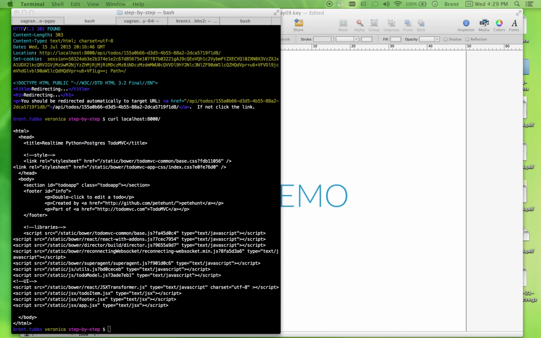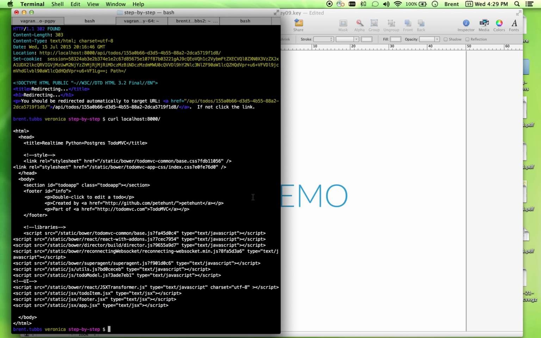Let's hit the API. Let's make a new thing. I'm going to use the HTTP tool, which is really great. I'm going to say let's post to port 8000/API/to-dos. And what's really great about this HTTP command line client is I can just tell it title equals a thing, and its default way of handling that is to make a JSON object out of it. So it's really going to have a JSON object with a key called title and a value called a thing, and it's going to post it up to this endpoint and set the appropriate content type. I do that,